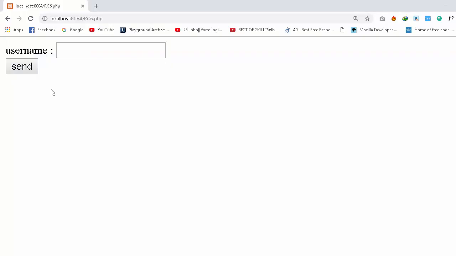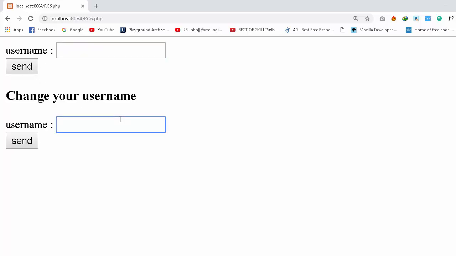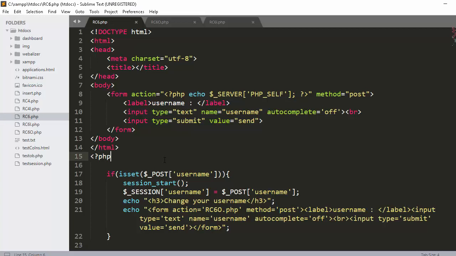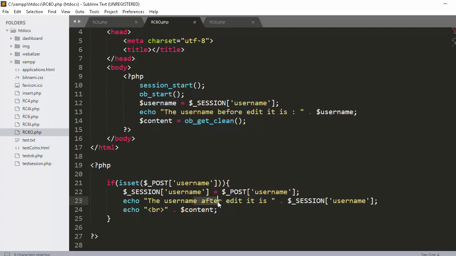Let's reload and see the results. And we have, for example, the username is Alexander. I will use send. I will change it to Maxim, or let's say Utopian. I will send, and I will see the username after edit is Utopian and the username before edit is Alexander. Why? Because the username after edit is the new username and the content here is from the output